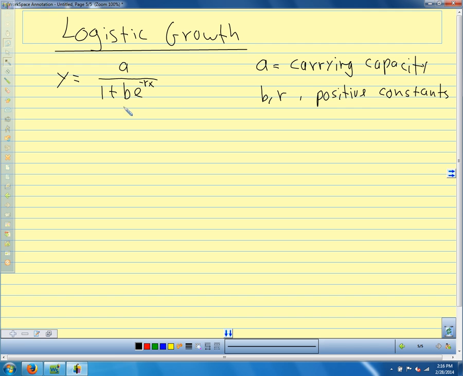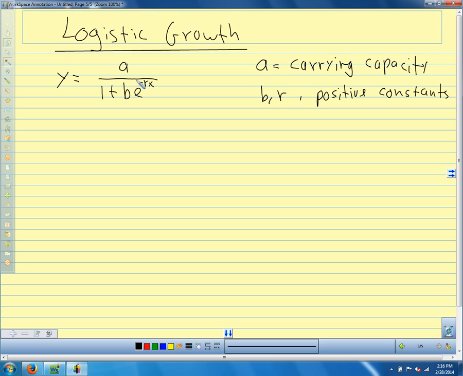And to find b and r, that's something you need calculus to figure out, and it's something that you'll do in calculus. You do a logistic growth, starting with the equation, and figure out b and r. It's a little too much for us to do, but a is our carrying capacity. Logistic growth happens